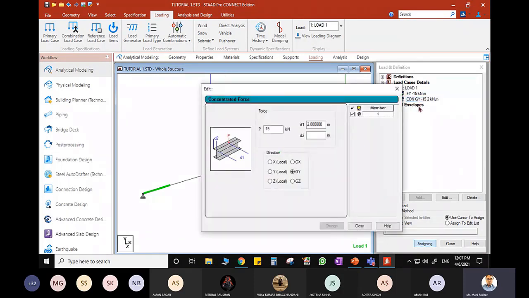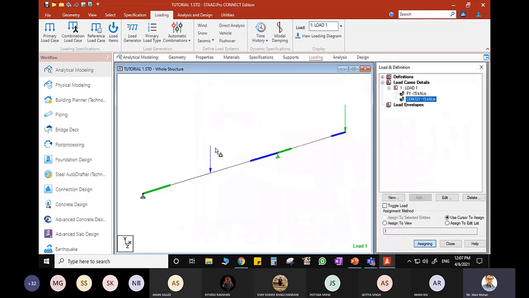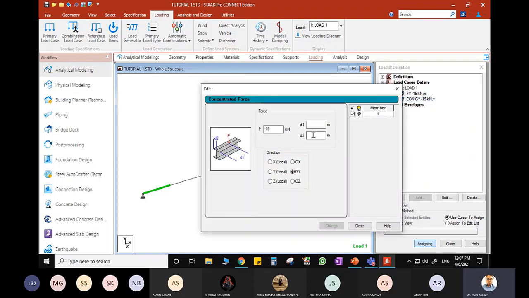And suppose the member load is applied exactly at the center, and if you leave this D1 and D2, it actually means by default that the load is applied at the center. So if you do not give this distance D1, D2, it will mean by default that the load is applied at the center of the member. So this should be understood.